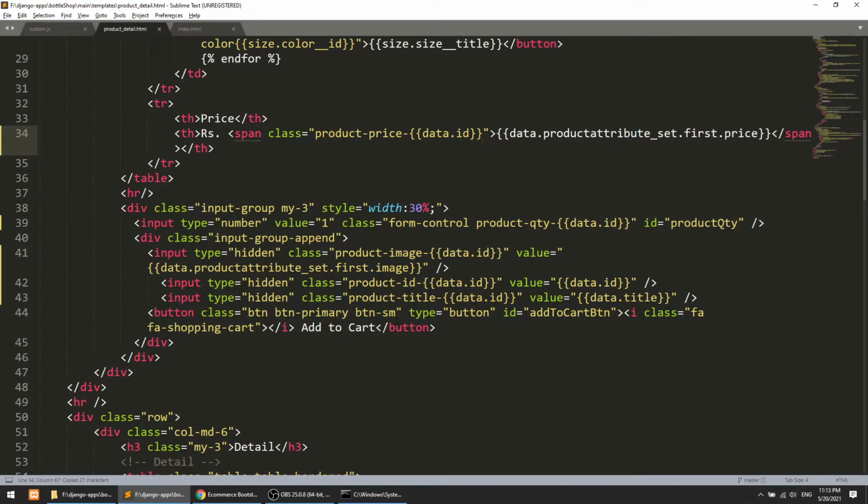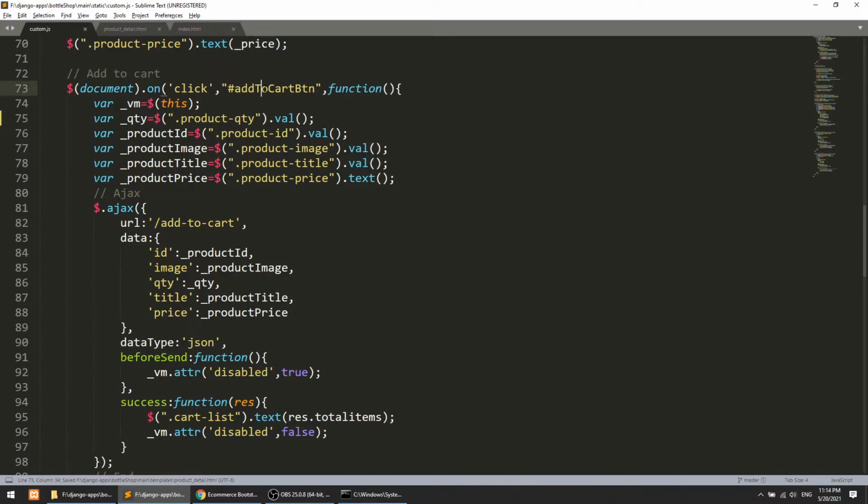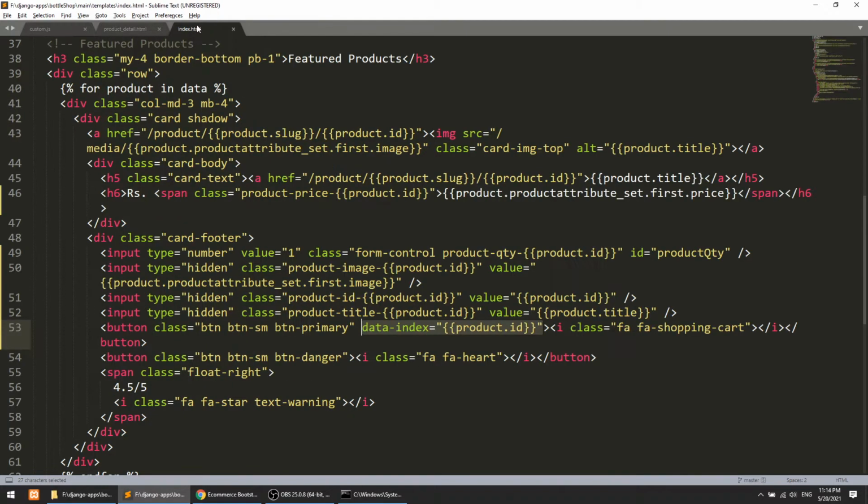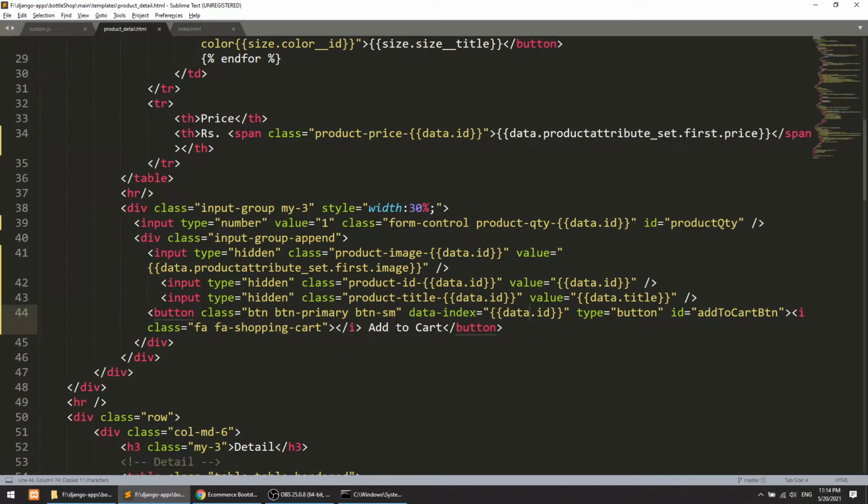So here, on the add to cart button, this will be data, and we will not run this with the help of the cart button id. We will work with the help of a class. So we will add the class here, add to cart, and we will give the class here.